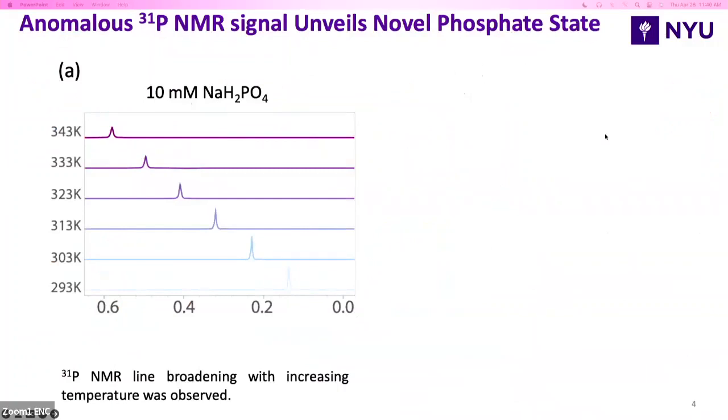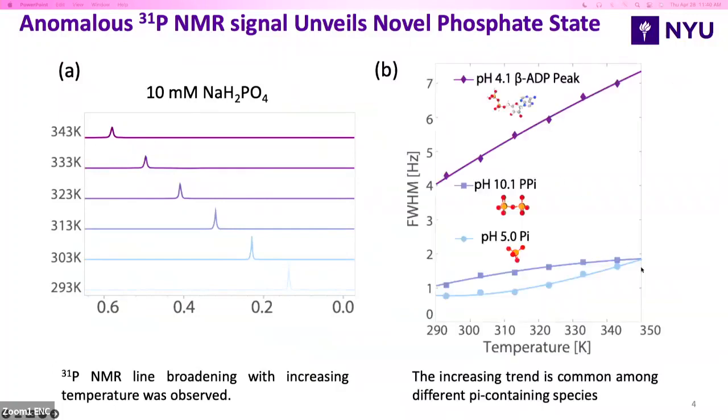Therefore, we measured a series of phosphorus NMR spectra for orthophosphate solution as a function of temperature. Each spectrum you can see here consisted of a single line that shows significant broadening with increasing temperature. And to test the veracity and generality of this phenomenon we observed, we repeated these measurements on many other aqueous